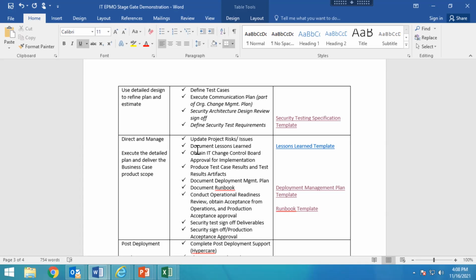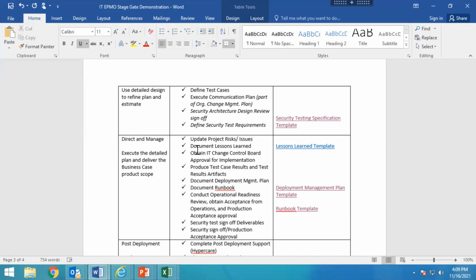One other question, has any project gone through direct and manage gate yet? Because if so, I'd like to talk to them. Okay. I can check with the ops team. Can we take that as an action item? We have some folks on taking notes. Let's take that as an action item to identify a project that's gone through that gate and connect them with Al. Yeah, because we were supposed to go this week, but we've now been delayed until January for various other